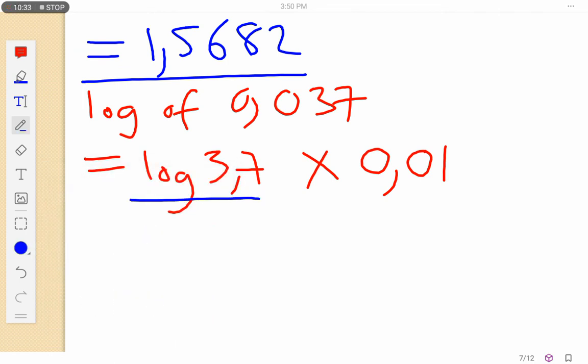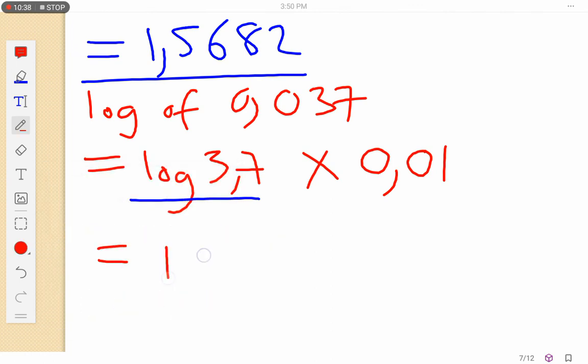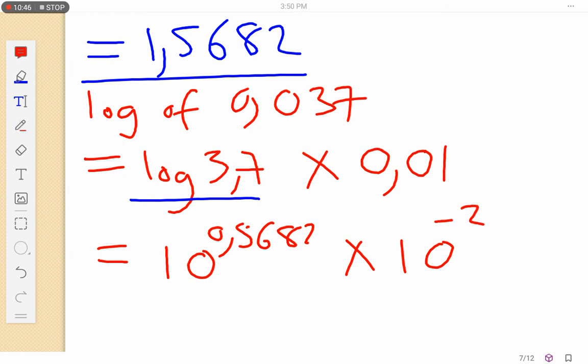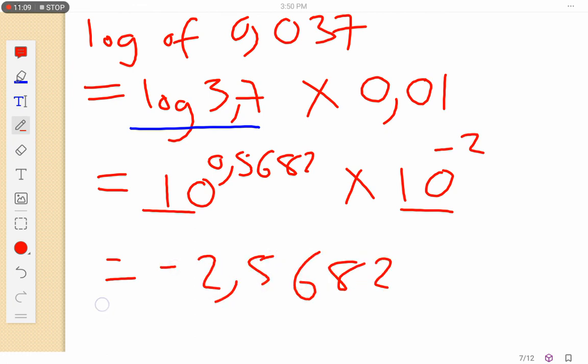Now let's write this in terms of their powers. It becomes 10 to the power of 0.5682 times 10 to the power of minus 2, like that. Now we said when we are multiplying, we add the powers. Adding the powers because of the same base, 10, we now get minus 2.5682. Okay,